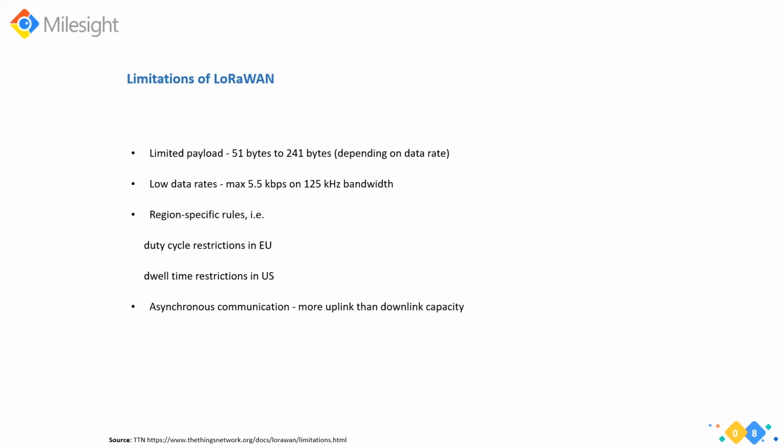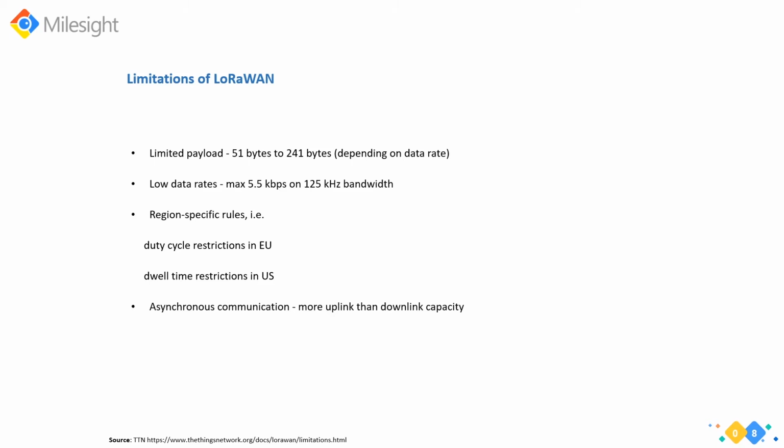Well, if you follow some recommendations, your end devices will work as efficiently as possible. First is about the payload size. It should be as small as possible. At a very low data rate, I mean a high spreading factor, the limit is typically about 51 bytes. And if you use a higher data rate, I mean a lower spreading factor, the limit goes up to